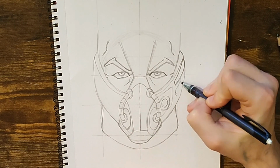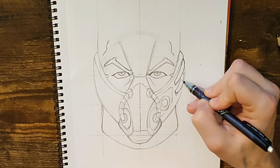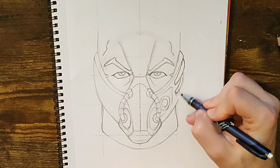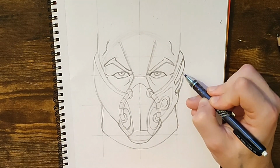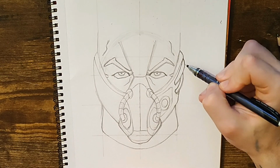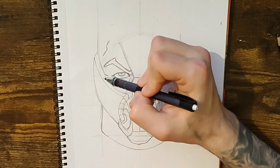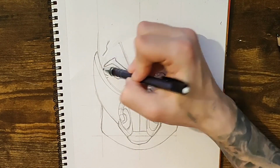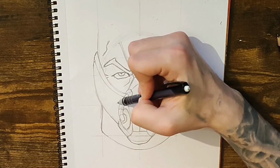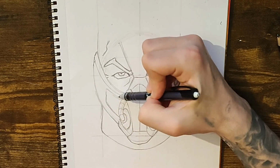So then the next one comes, it joins onto the middle one. And then it's going to curve around again. So it's the tube part of this, and we'll rub out the edge and join it up a little further down. So he's got like 2 tubes coming out the side, and that'll be the same on the other side as well. So now on the other side, we're going to do the same approach, curve that top part a bit on his mask, and then we need to find in the same line, same height, he's got the square first that goes up the side of the mask,